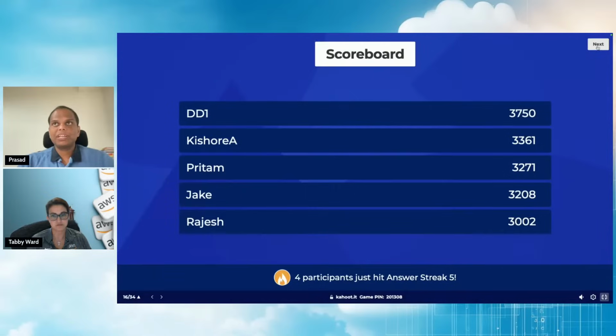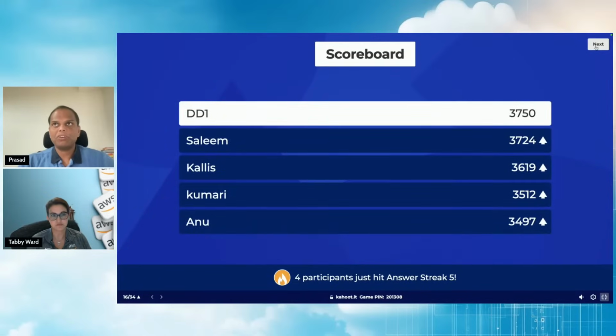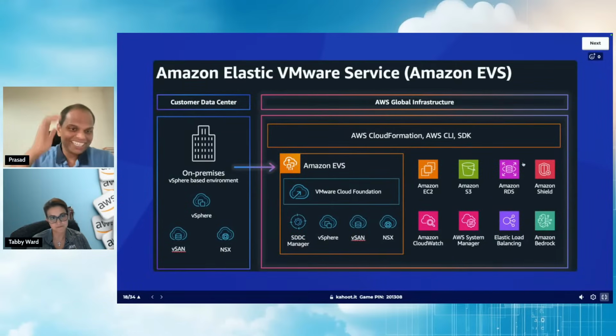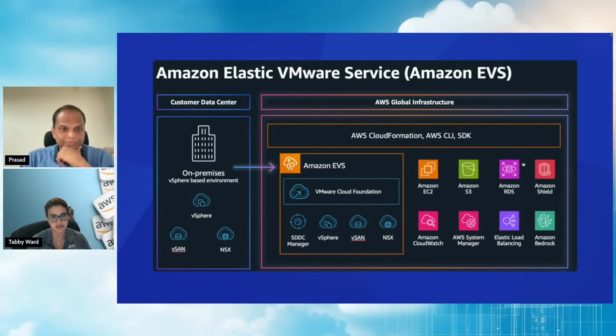Let's go to the next slide, which I believe should be the section for Elastic VMware Service. The use cases would be, one option is exiting a data center. You bring VMware to VMware, and it runs similar to what it was running on-prem. Some customers use it as a hybrid extension, where they bring the disaster recovery aspect running on EVS, or dev and test environments, while production remains on-prem.